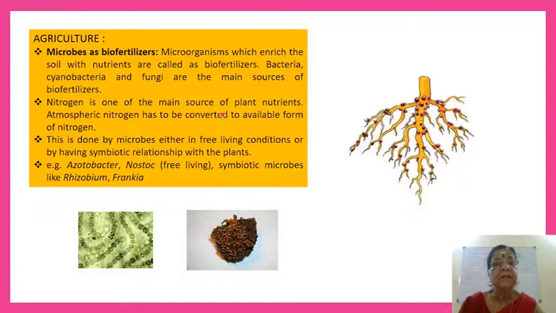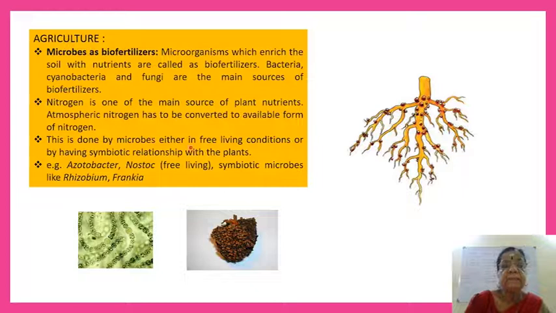At the same time, atmospheric nitrogen cannot be taken by the green plant directly. So it has to be converted to available form of nitrogen. Available form of nitrogen, they are in the form of ammonia, nitrites and nitrates. Okay. So this is done by the microbes